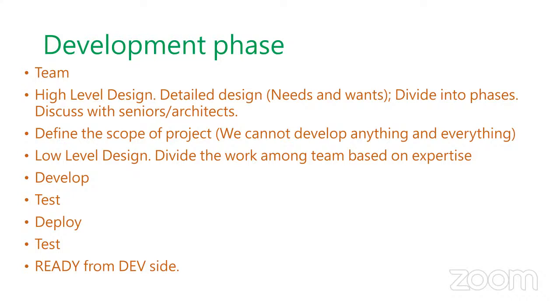As I said, you have to define your scope. You cannot do anything and everything in first round. And low level design, as I said, you have to divide the things among yourself and design everything low level, like how many modules you want to make, how many microservices. If you are doing the microservices these days, everything is microservice. So if you are trying to do the microservices, how many microservices, how many database tables, what is the relation between those tables? Are you interested to save entire data in relational model or non-relational model? You are trying to save the data in a JSON format. All those things come under your low level design.